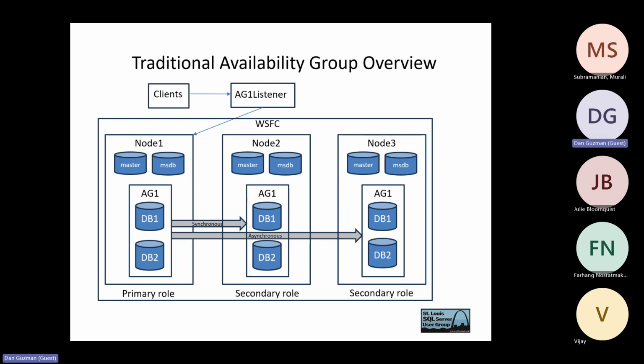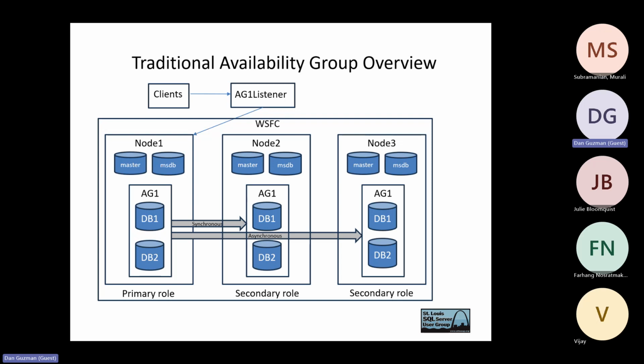Optionally, you can have asynchronous replicas, which are typically going to be in a remote data center or something for DR, in a different region. And the reason that you have the choice between asynchronous and synchronous is that with the synchronous replica, you have to wait for the commit to harden on both the synchronous secondary as well as the primary. That latency depends on the physical distance between your servers, but within the same data center, it's typically going to be pretty small,